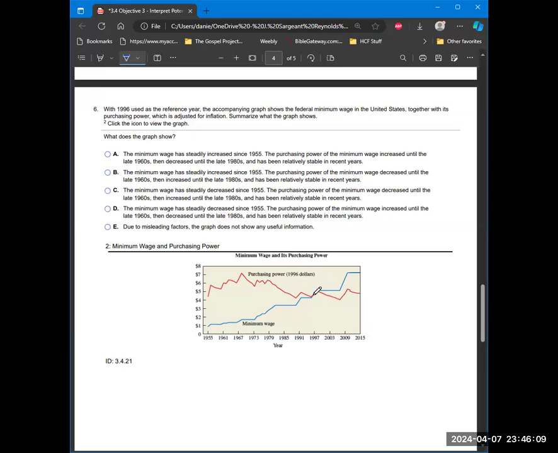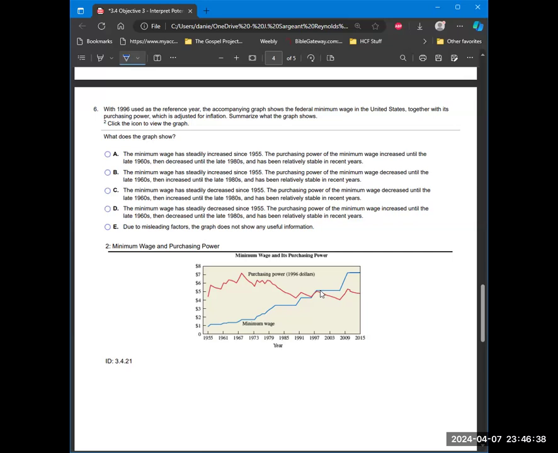And that's been a real problem since right around 1997, where these lines crossed each other. So the minimum wage has steadily increased since 1955. The purchasing power of the minimum wage has increased